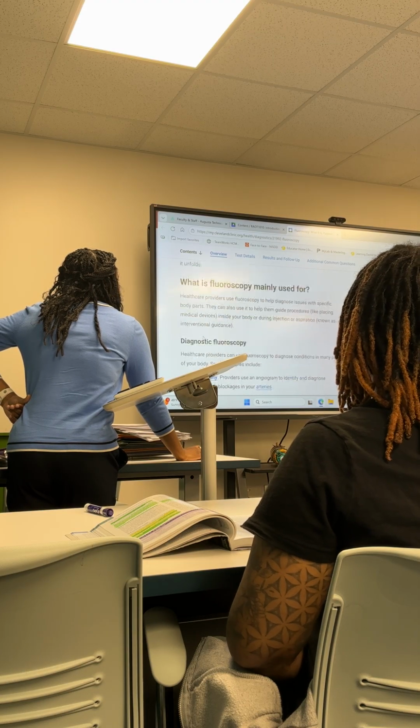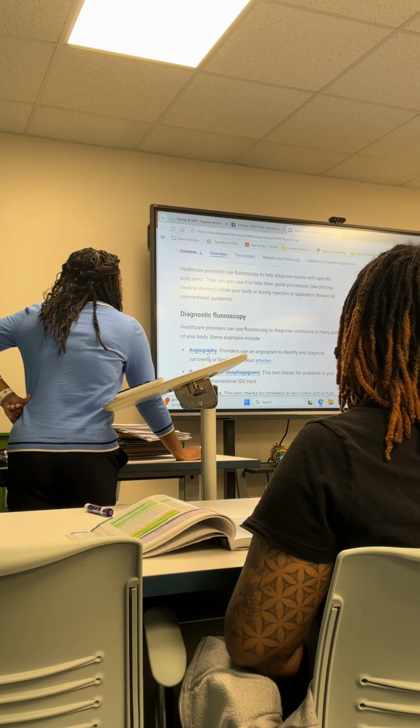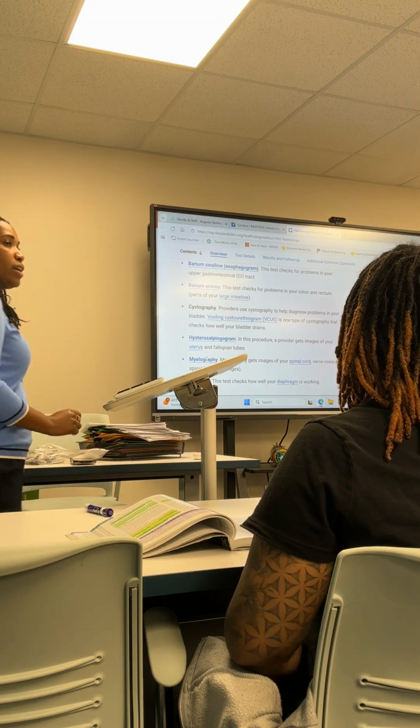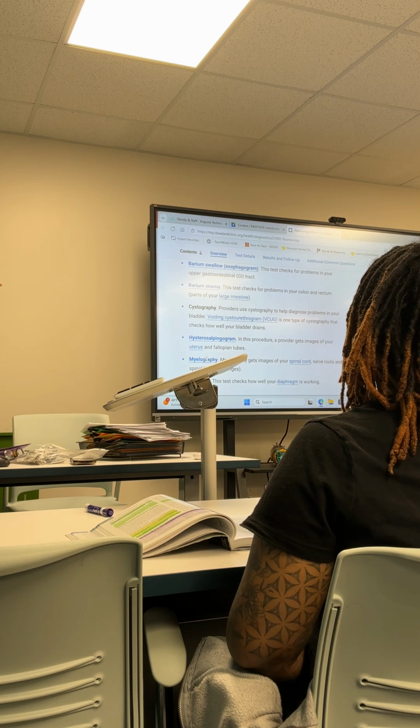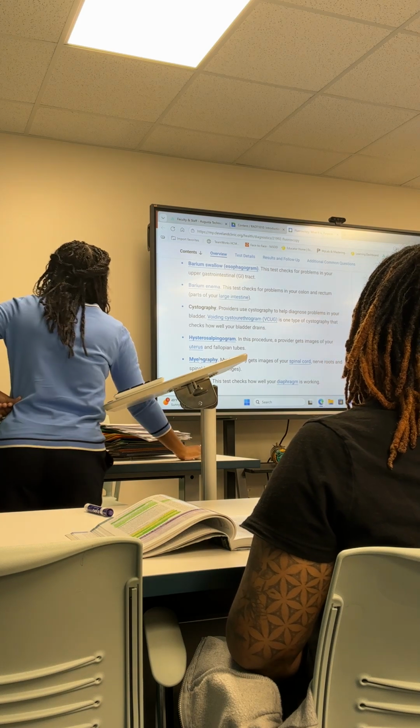There is also an arthrogram, not angiogram, but an arthrogram, where they may inject contrast into the joints, okay? So that's another procedure that you can